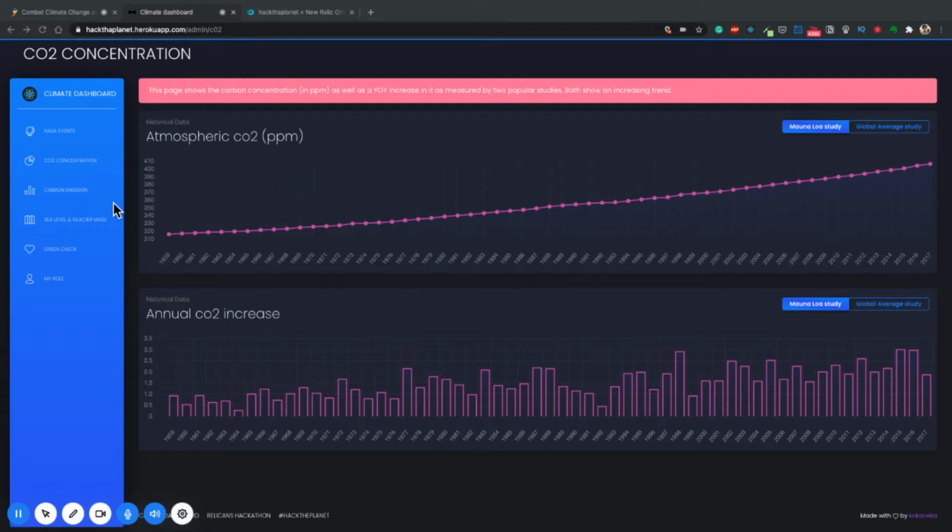What we see right now is the CO2 concentration page, where we see the concentration of carbon dioxide in parts per million in the atmosphere, plotted in a series chart. We see a gradual increase from 1959 to 2017.